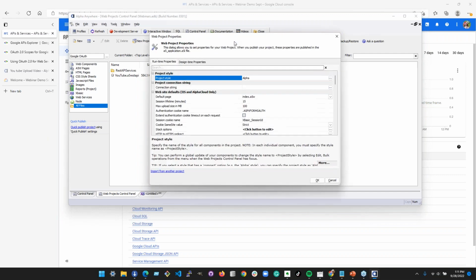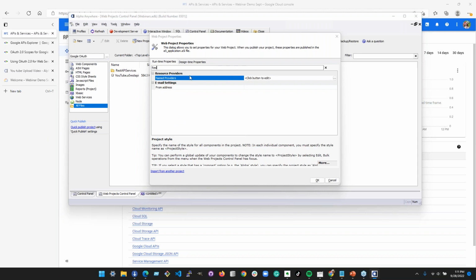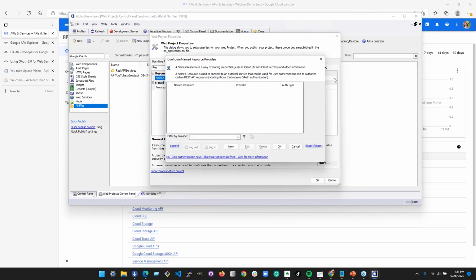But we're going to use project properties, and what I'm going to do here is search for resource, and this is what I'm looking for: named providers, resource providers. I highly recommend using this search tool up here to find things, because this dialog has a lot of stuff in it. So if we open this up, the screen here is the same one you're going to see in the tools menu. You get this dialog asking you to configure named resource providers. A named resource provider is basically a way of setting up credentials to access something. So providing Google OAuth authentication to use an API, or a few others.